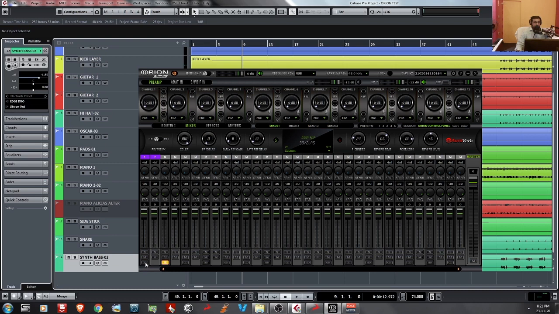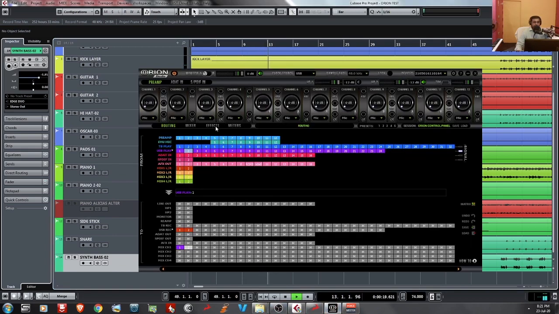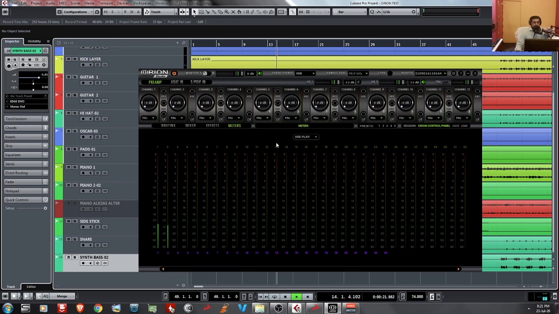Okay, I will just link the channels. So you can put the faders into the 0 dB and just hard pan these two faders. So if I play, let me play, but okay, now I am playing, but I can't listen to anything because we will go to the control panel, go to the meters. Okay, now the USB play is working, and if I check the mixer channel 1, okay, it's also coming,